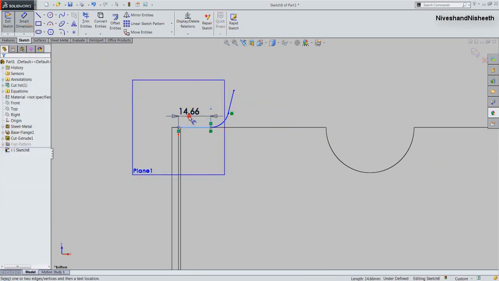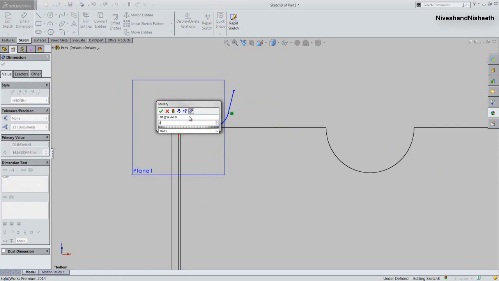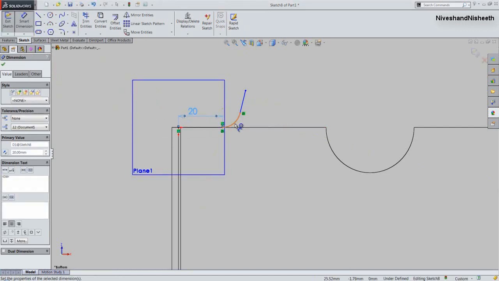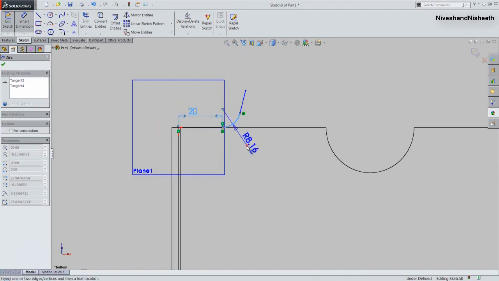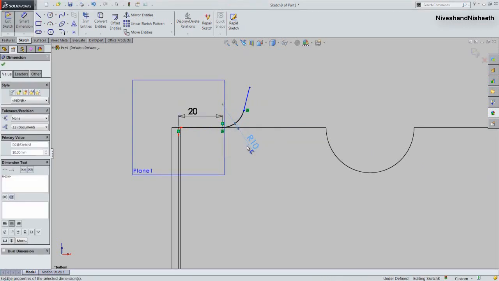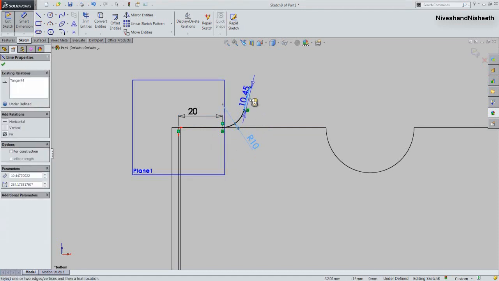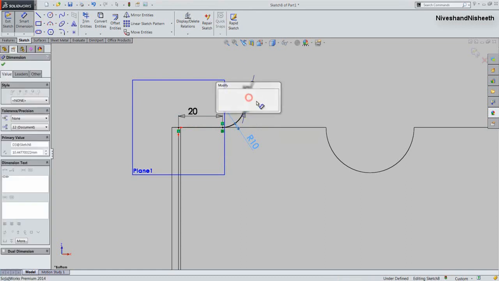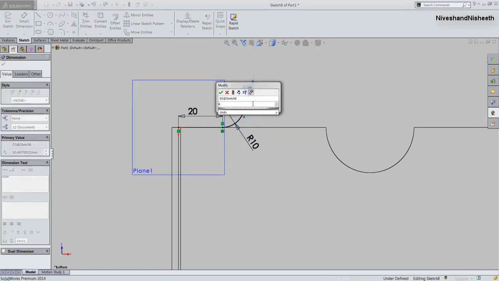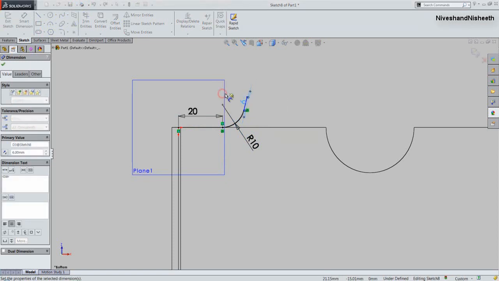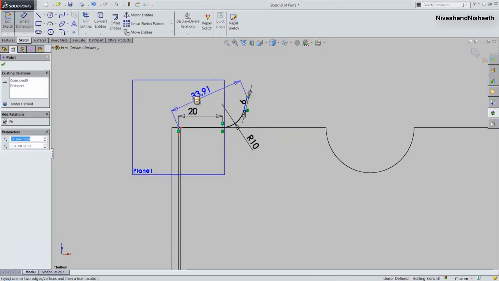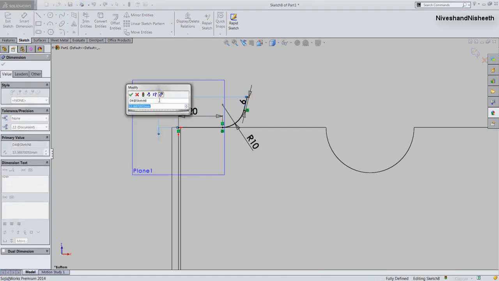Its length will keep 20 mm. The arc radius will keep 10 mm. And this aligned dimension will keep 6 mm. Now fix another dimension here, it will keep 10 mm.